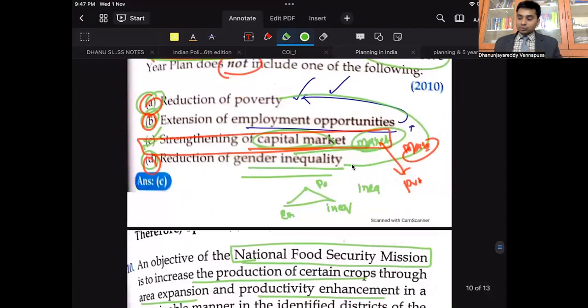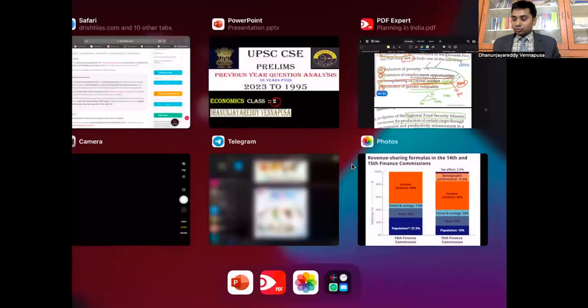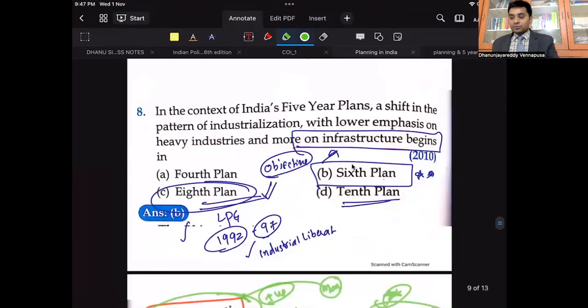Hence guys, this is from 2023. As I have already said, I will be covering it in two phases. One phase is from 2023 to 2008. The second phase is from 2008 to 1995. So this is the first phase of 2023 to